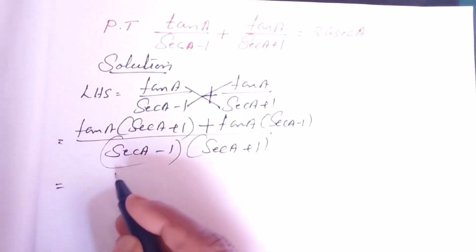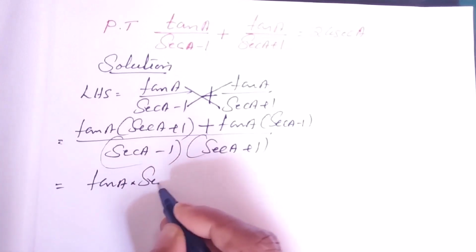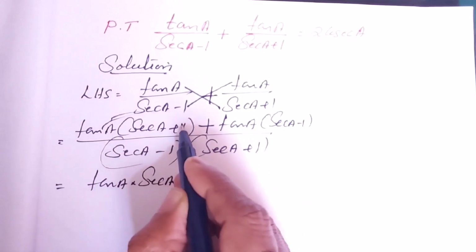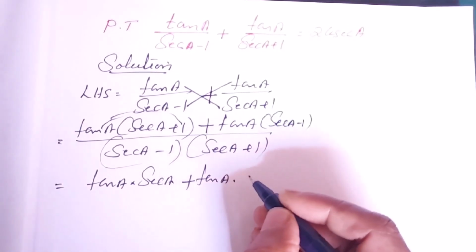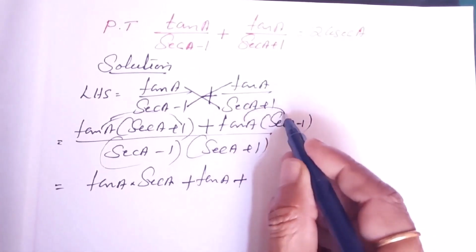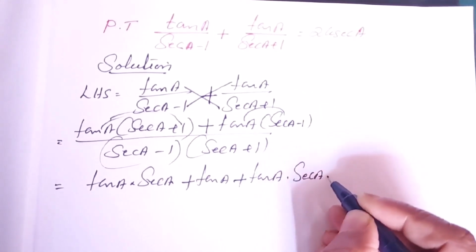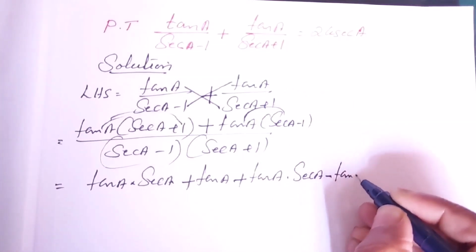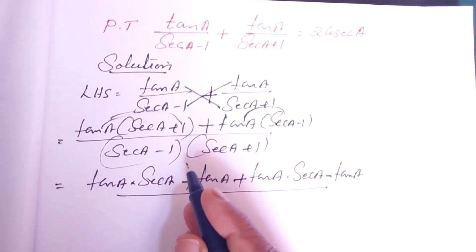Okay, that is equal to tan A into sec A plus tan A into 1, distributive property. Tan A into 1 is tan A, right? Now tan A into sec A minus tan A into 1, that is tan A, right? Upon (sec A minus 1) into (sec A plus 1), that is (A minus B) into (A plus B)